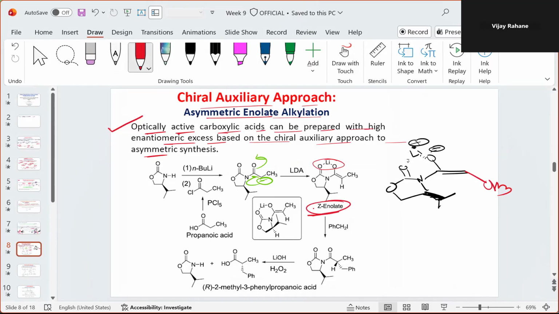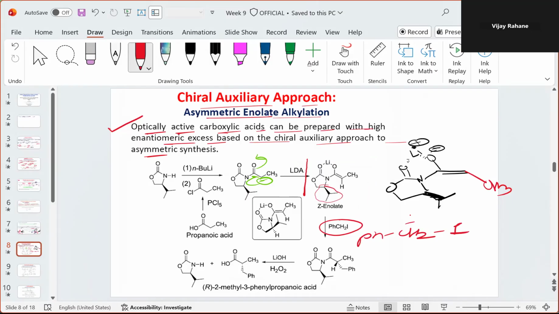So once this Z enolate is formed, now let's look closely at this enolate. Forget about all the reactions, now only focus on the formed intermediate. So this is how we have the Z enolate. And if you look closely at the stereochemistry of this chiral auxiliary part, this is directing upward. Now, when we provide this electrophile, which is the